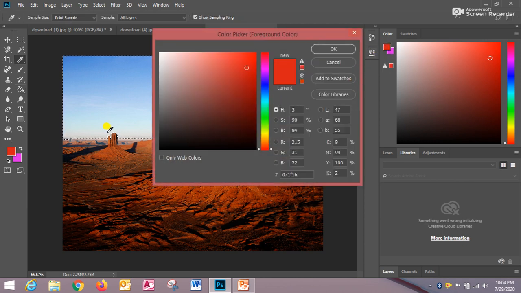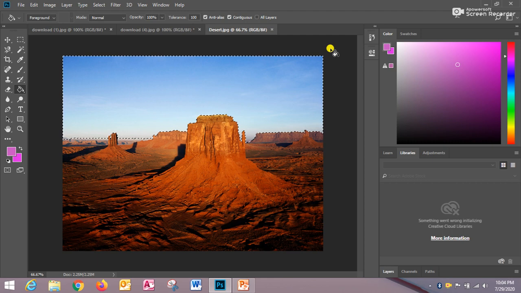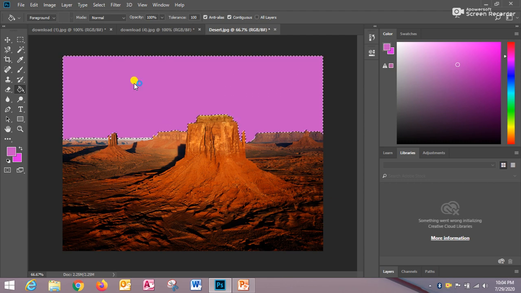Now click onto the foreground color option and then from the color picker select any color. Suppose I am selecting this color, and then click on OK, right? Then click onto the selected area of the image in that way. So the selected area will be filled with the color.